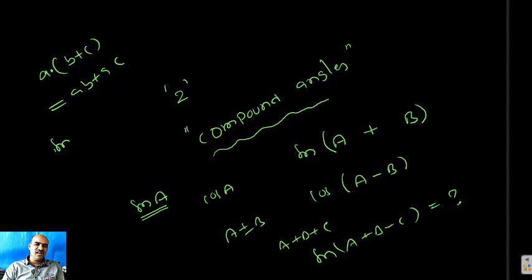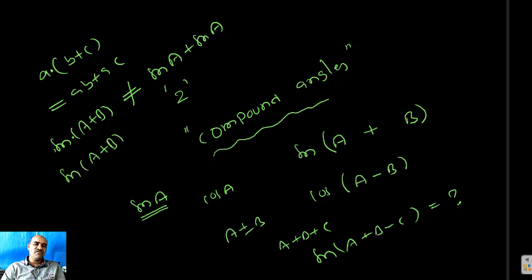Similarly, sine of A plus B, we can't write this as sine A plus sine B, no, because this is not a multiplication symbol. Sine of A plus B, A plus B is totally one angle, sine of an angle. So you can't write sine of A plus B as sine A plus sine B, because sine is an operator, not a multiplication symbol. But what is the expansion of sine of A plus B? That is the important thing for us.